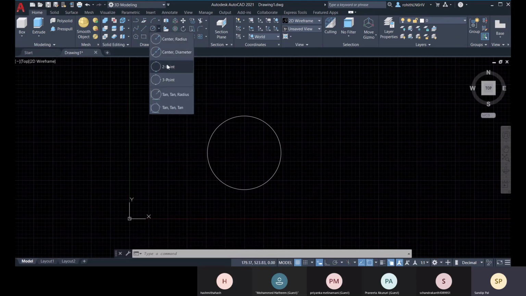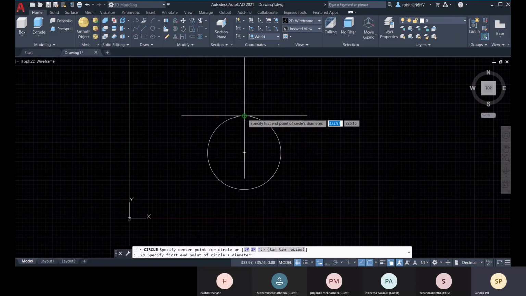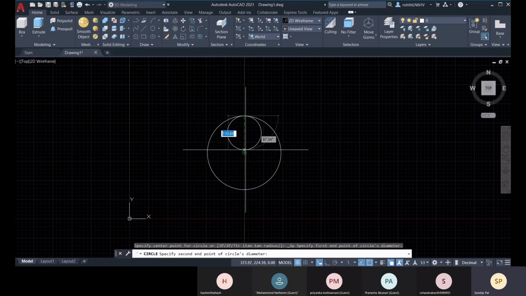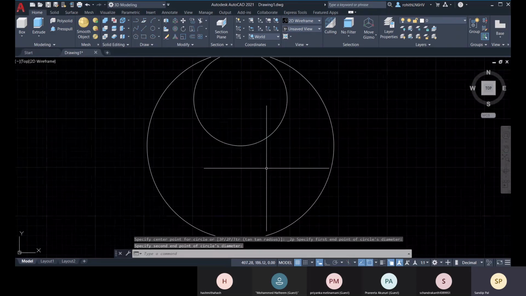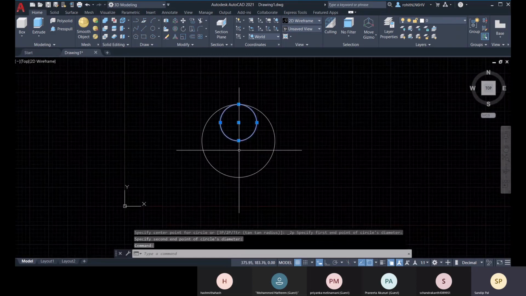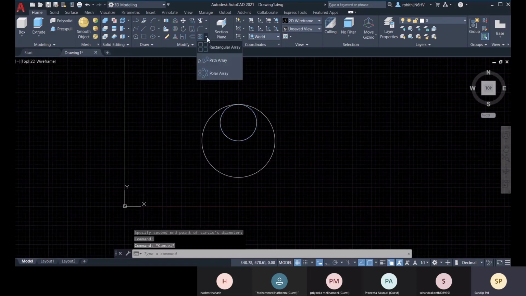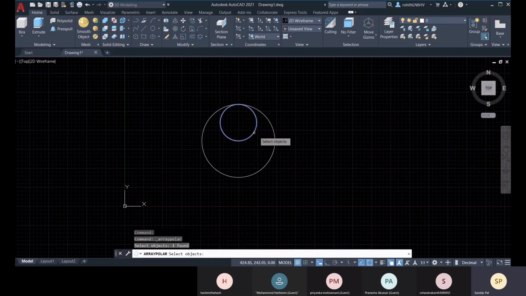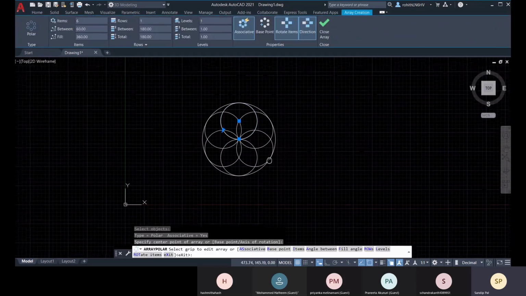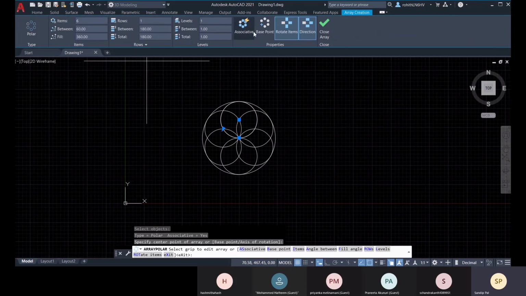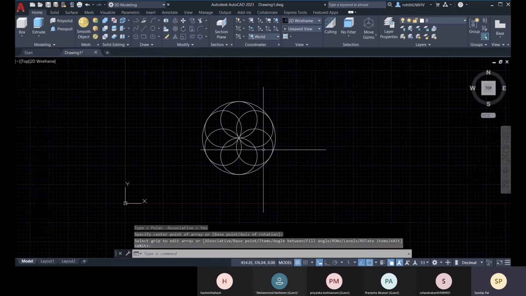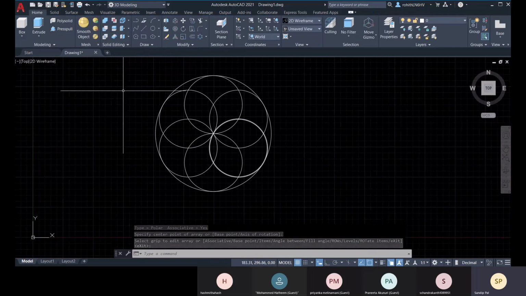So how I have done it: 2 point, first point, and then the next diameter endpoint at the center of this circle. And now I will select this, or else you can go first for the polar array, and then select and press enter, and then you specify the center. This will be the center, and your items is 6, and it will fill within 360 degrees, and we don't make it associative. We'll uncheck that, and let's go for close array. And now we will trim the part.